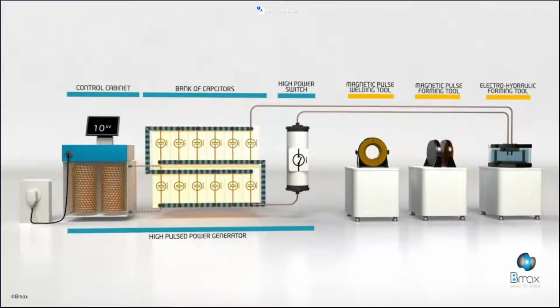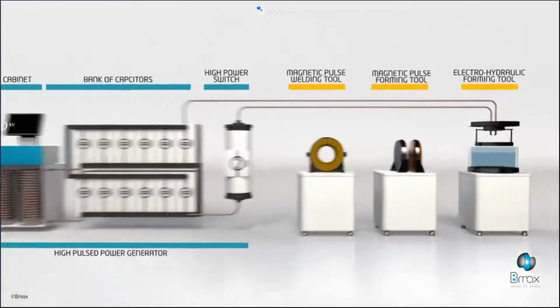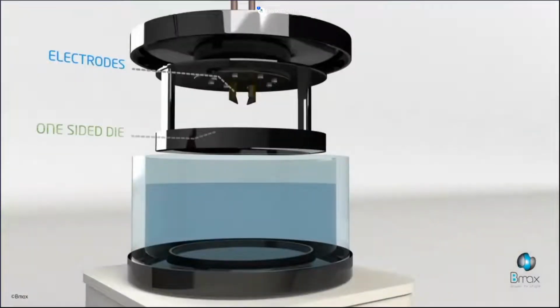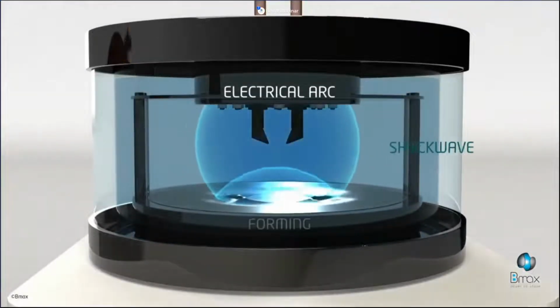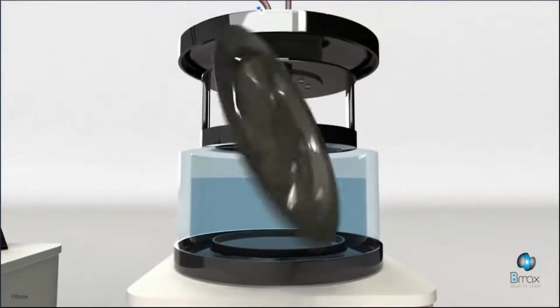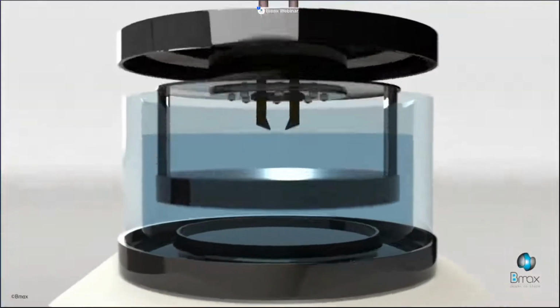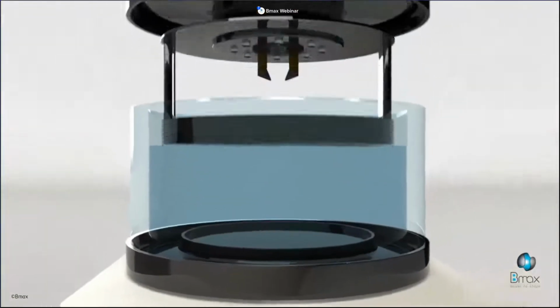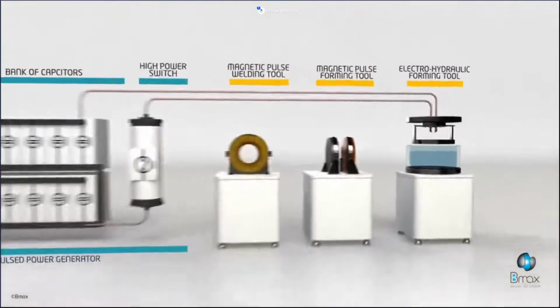The last kind of process is the electro-hydraulic forming process. In this case, we plug the generator on the electrode system with a die, and between the electrode system and the die, we put a flat blank. In the water, we release all electrical energy from the generator, and we create a pressure wave. Electro-hydraulic forming process, EHF, consists of using this pressure wave to form the part. It's an overview of all the HPP processes in Bmax: magnetic pulse forming, magnetic pulse assembling, and electro-hydraulic forming process.